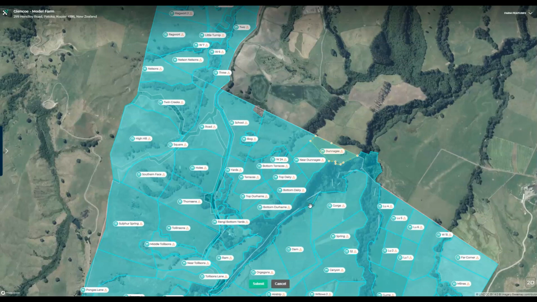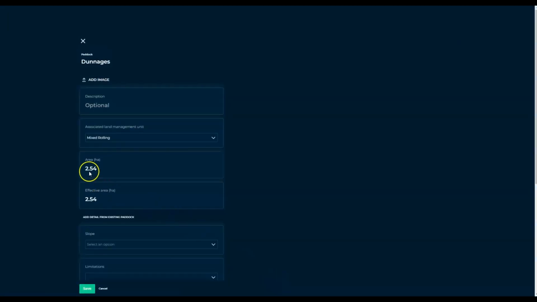Once edited, select Submit, which is located at the bottom of the screen. Submitting any changes will automatically result in the paddock's area being recalculated. This can be checked by selecting the same paddock and clicking the small pencil icon next to the paddock. To exit this view, press the X at the top of the screen to return back to the main farm